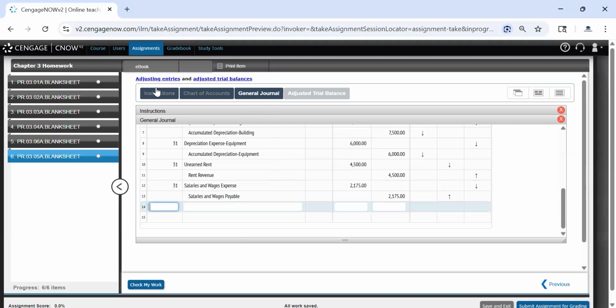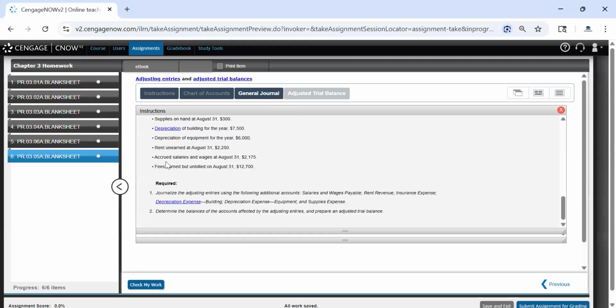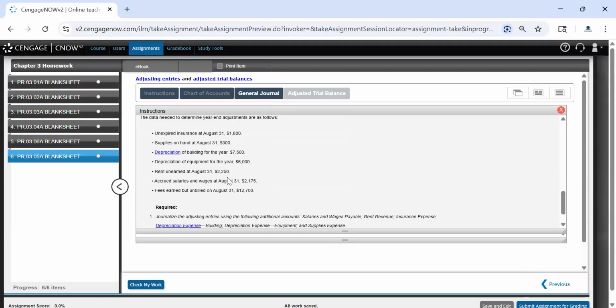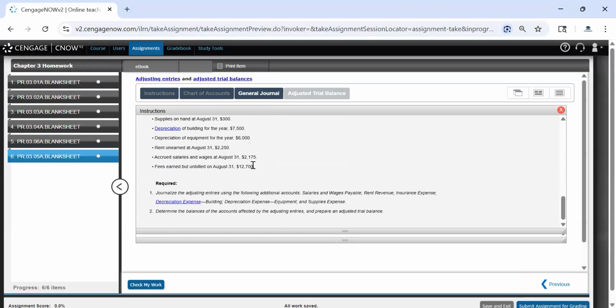And the final journal entry is for fees earned but unbilled on August 31st is 12,700. Now, this doesn't say total accounts receivable is 12,700, because then we would take a look at our accounts receivable and do a subtraction and we would know. However, this is fees earned but unbilled. These fees have never been entered into the accounting system yet, and so we need to accrue for all 12,700